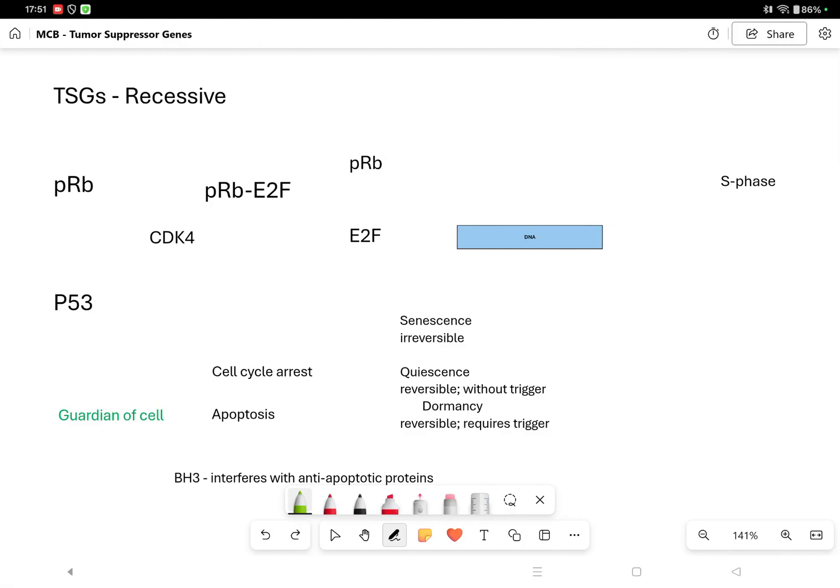Tumor suppressor genes. First and foremost, what have we got? Tumor suppressor genes are recessive. Why is this important? Because we need to have both genes affected for the effect to be expressed. This is important because of something called Knudson's two-hit hypothesis, and that was based on the concept